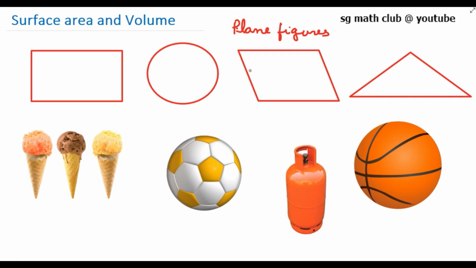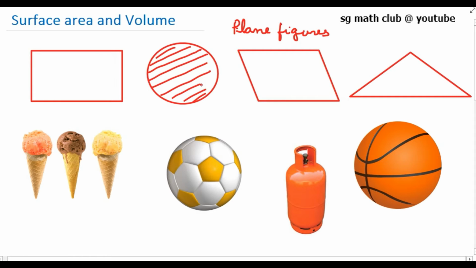And you have already studied how to calculate the area and perimeter of these plane figures. For example, area of a rectangle is length into breadth, area of a circle is pi r square, area of a triangle we know is half base into height, or Heron's formula also you have studied. In two-dimensional figures, area means the region within the boundary. So this is the area of the circle, the region enclosed within the boundary, that is area when we speak in terms of two-dimensional figures.